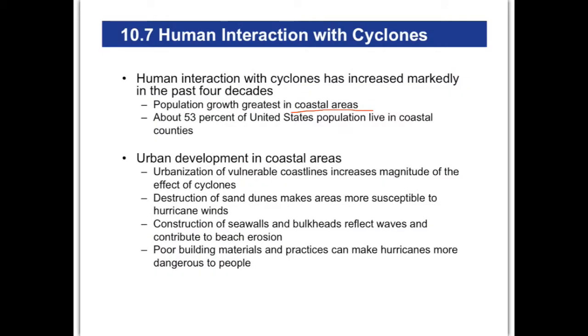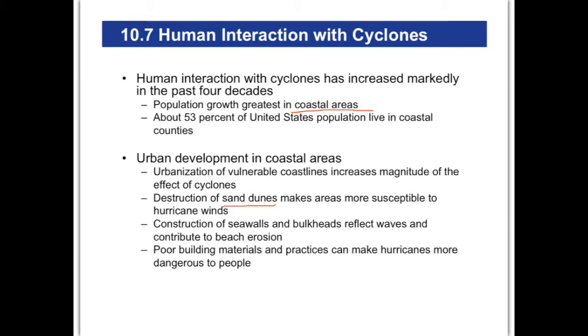And it's also not just the number of people, but also the things that people build. Coastlines can be made more vulnerable by what people build. Sand dunes are really a good thing, but when we tear sand dunes down and put houses on them... Sand dunes usually can protect coastal areas, if they're big enough, from storm surges and hurricane waves. But if those sand dunes are torn down or replaced with buildings, well, that doesn't have that effect anymore.